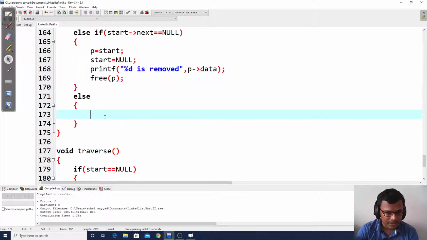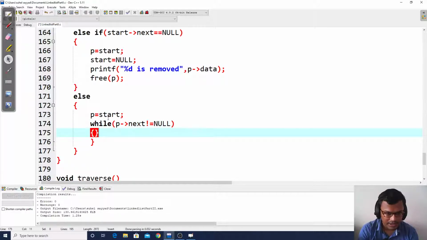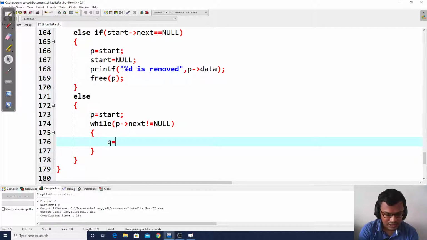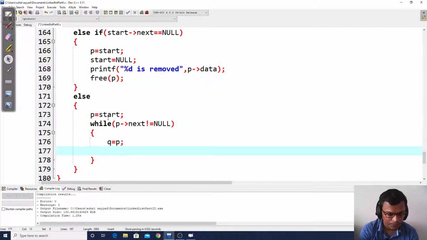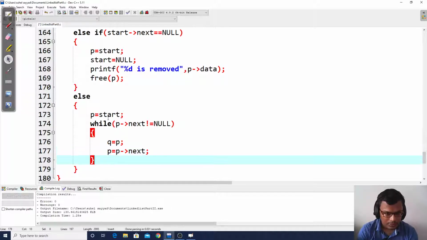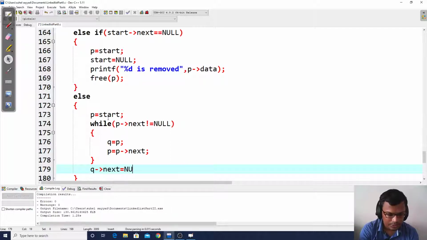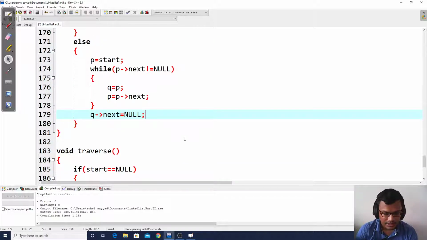And if my linked list is having two or more elements, then we can use P and Q logic as we have discussed. While P's next is not equal to null, we will jump by writing P is equal to P's next, and we'll use Q is equal to P to find the second last node. Once we have found the second last node, its next will be pointing to null, correct?